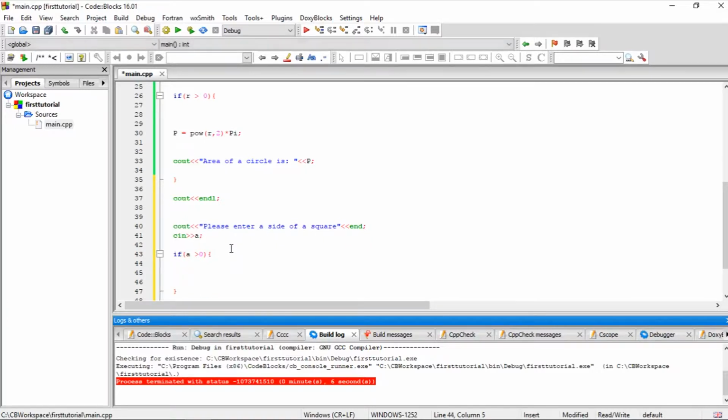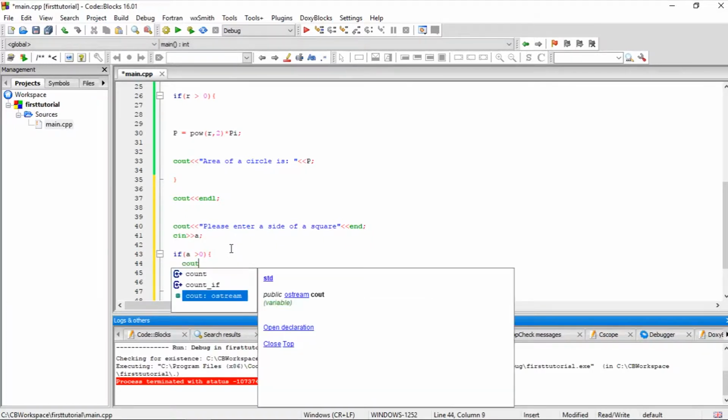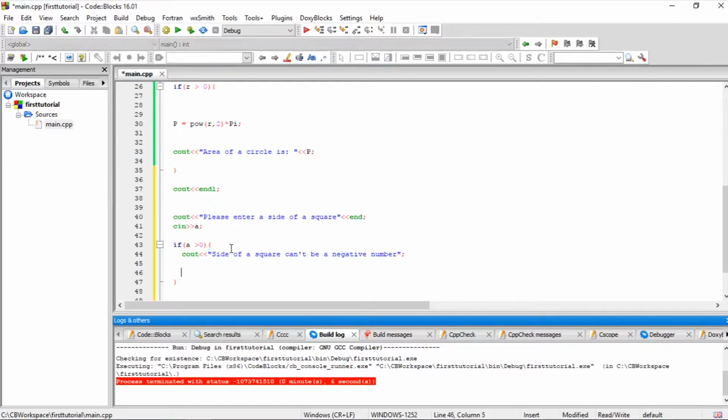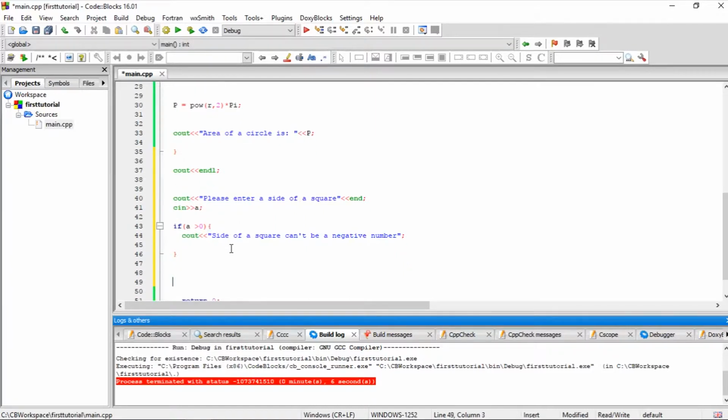and if it is not, we're going to say cout side of a square can't be a negative number. Alright, the condition is wrong, so if a is lesser than 0 we print that, and if a is greater than 0, then we're going to say,